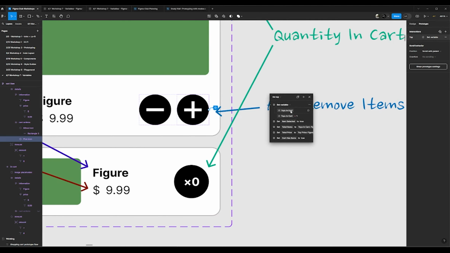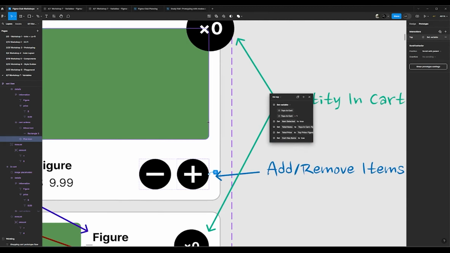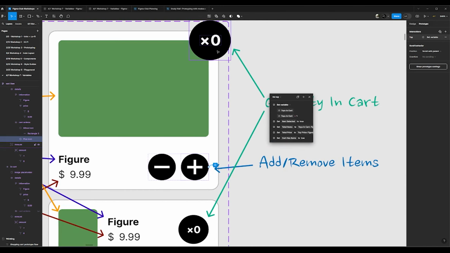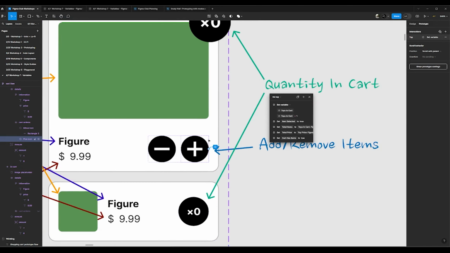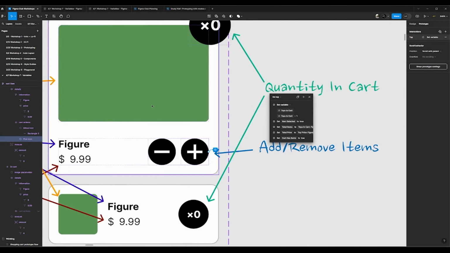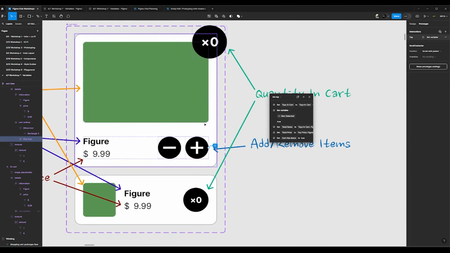It just changes the number of toys in cart to toys in cart plus one. So specifically, that would be this quantity right here or this quantity right here. That is the quantity of this specific toy in the cart. The second thing it does is that it sets item selected to true. So that means that this toy item, so specifically here figure, there is a figure selected and in the cart,